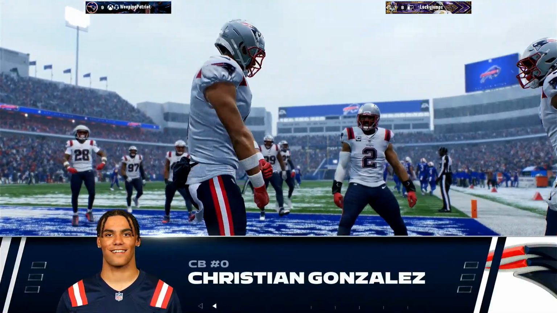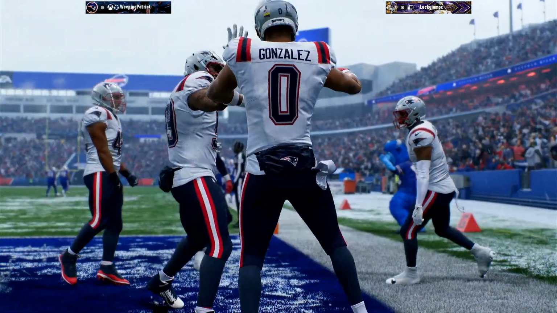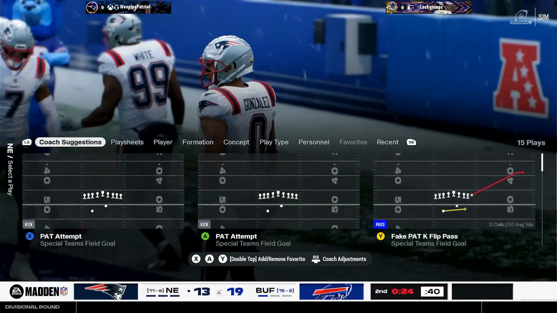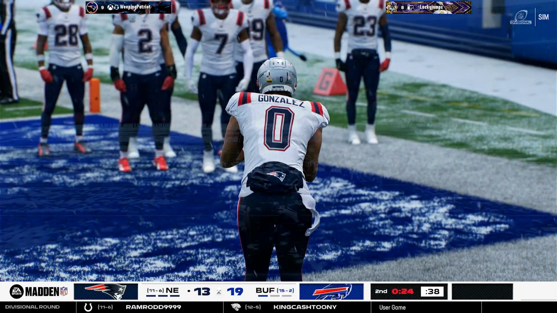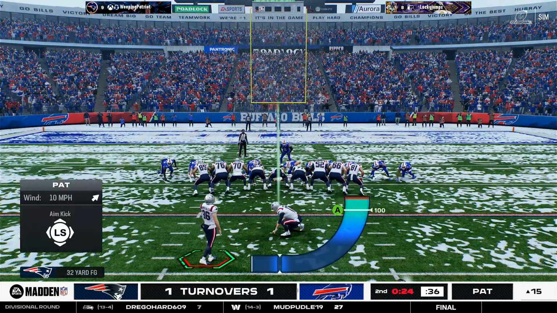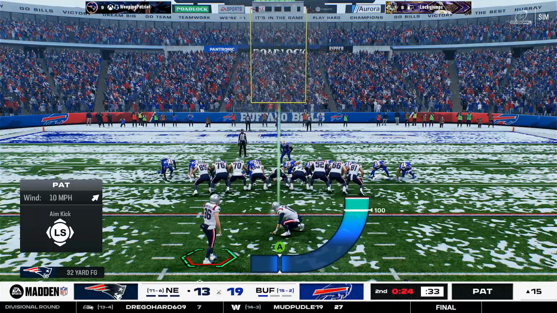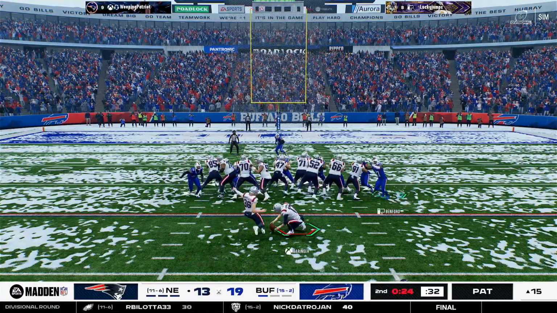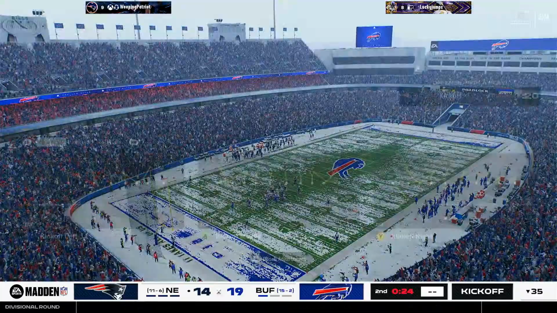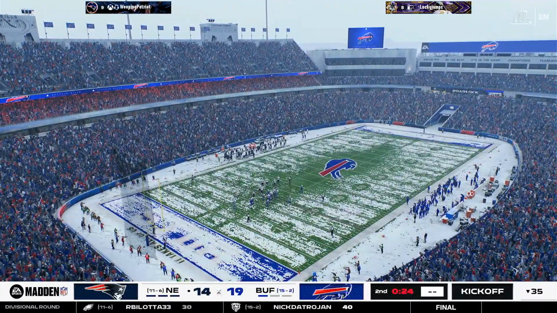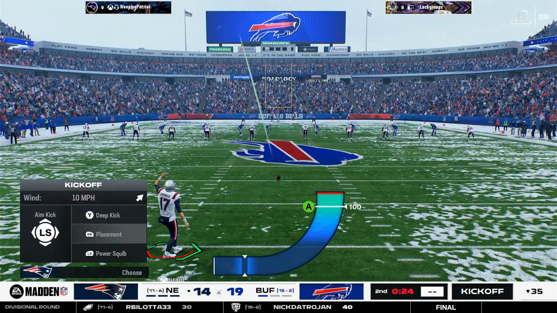So, Mike, the second that ball came out of his hand, I held my breath, because when you are late, especially throwing the ball out towards the sideline, it is not going to end up good at this level. And the second he saw that ball in the air and broke on it, he had 6, and all he had to do really was make the catch, and then he was just off to the races, and it was nothing but green grass out in front. The score, Bills 19, Patriots